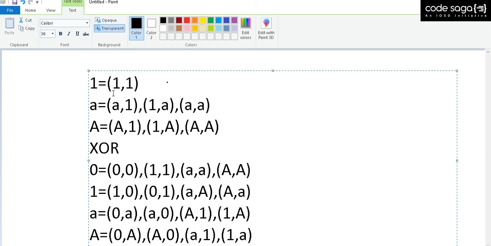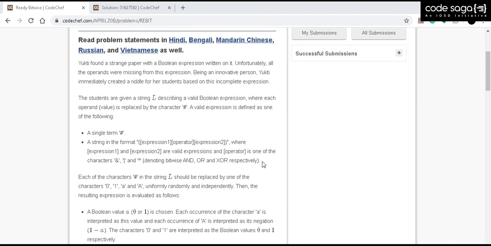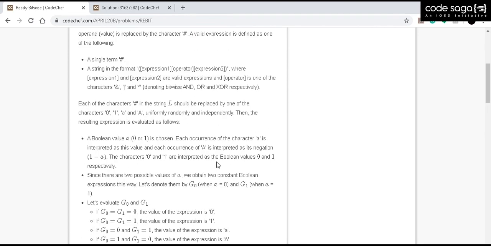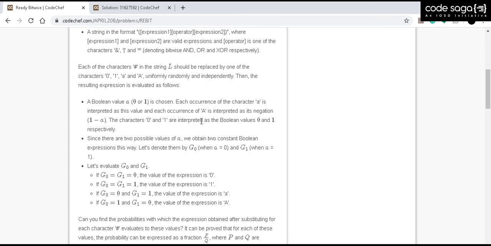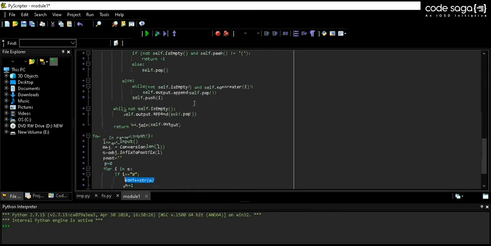The difficult part comes in solving the brackets. So in the editorial, the way to solve the brackets is given as a binary tree, as whenever the priority of the brackets increases, you go deeper into the tree and you solve from the leaf to the root node for the probabilities. But I have done my answer using stack implementation of postfix expression, which most of you are probably already familiar with. So this is my code to